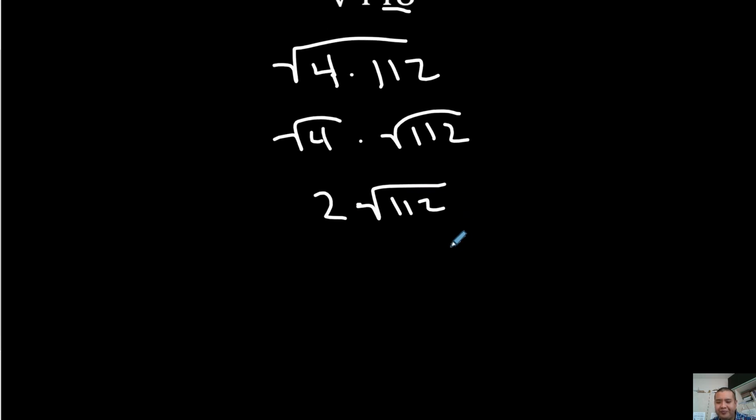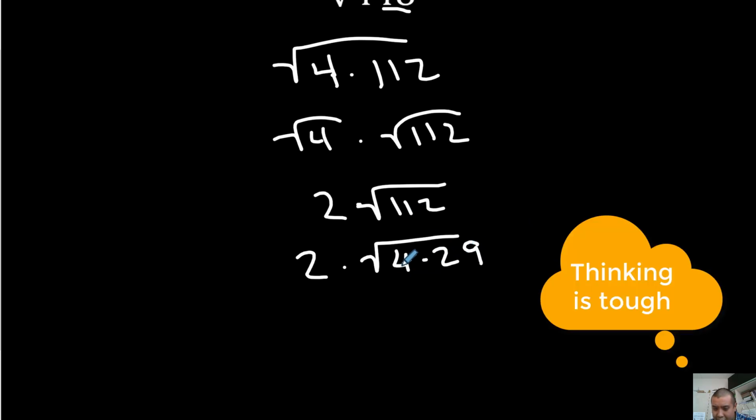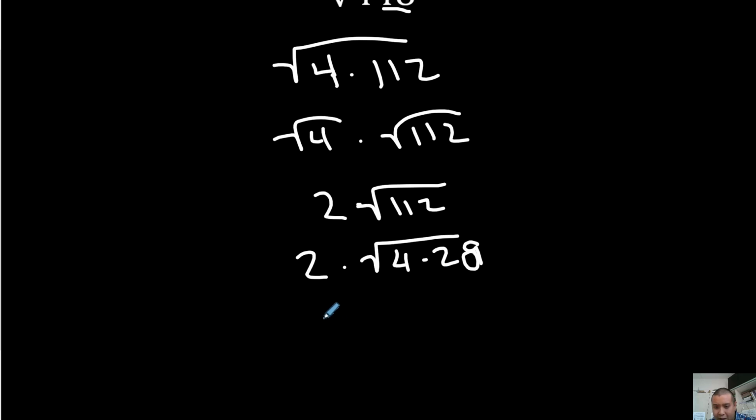And we look at the 112 and see with this 12 right here, that 4 goes in there again. So we're going to split that up into 2 times square root of 4 times, 4 goes into 112... 5 times 4 is 100, 4 goes into 12 3 times, 28, yes, 28, which gets us 2 times square root of 4 times the square root of 28,